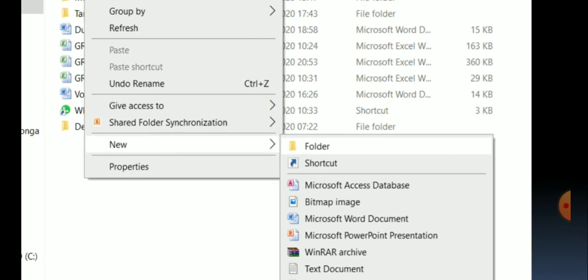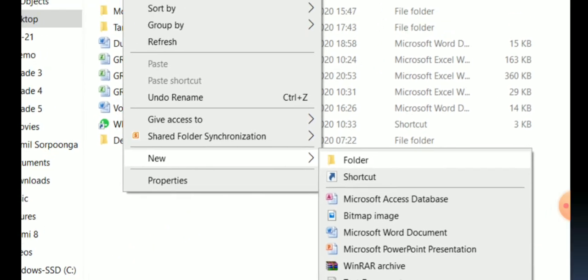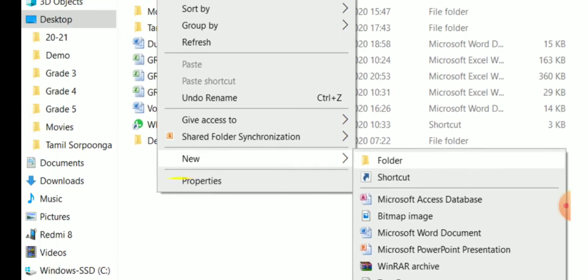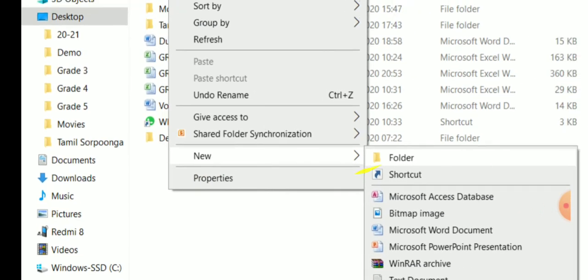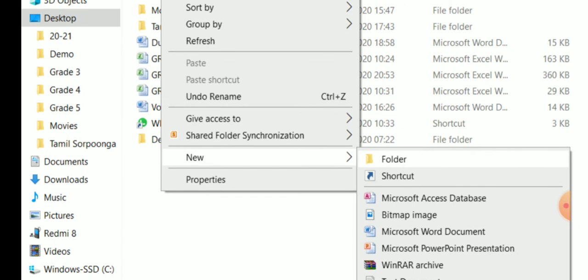I have right clicked on the file list pane, and this is the file list pane. I can see New here. Near the New, I can see an arrow mark. It represents there are some other options under New.